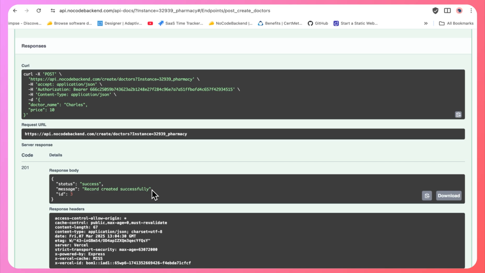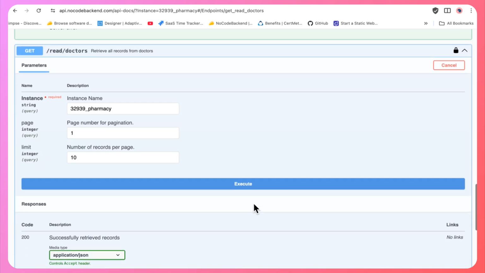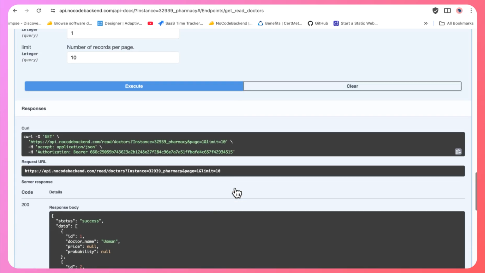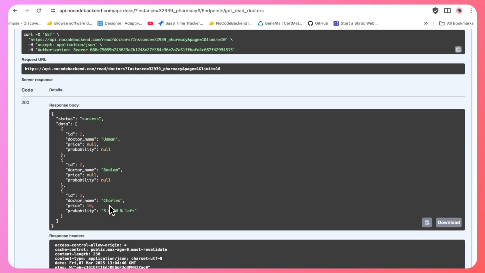Okay, so this is created. Let me read the values here. I'll execute this, and as you see, this is the new record that we just created. So this is how you can create calculated columns. This is actually doing the calculation: dividing the price by 100 and then multiplying the result by 50. If you calculate that, you will find this exact value. So this is how you can perform complex calculations,